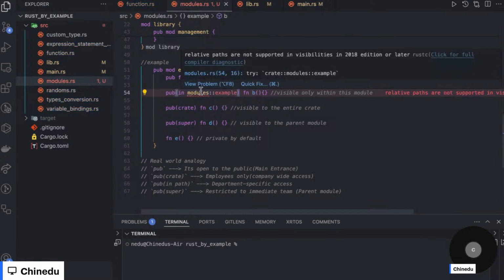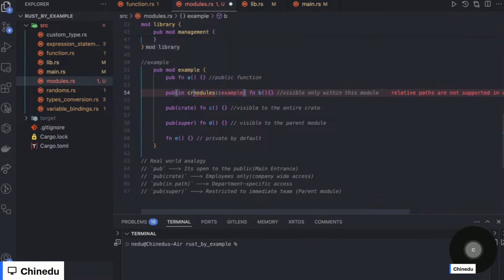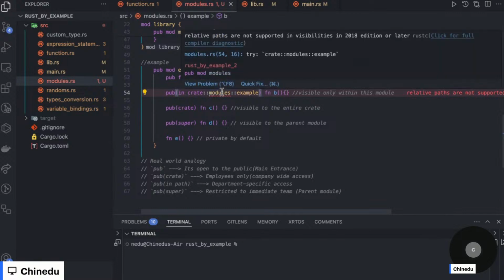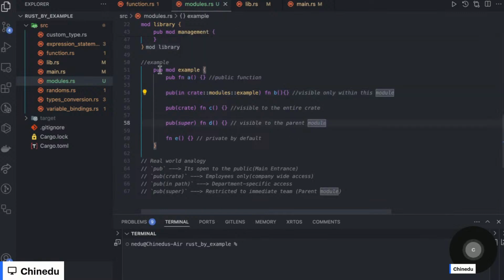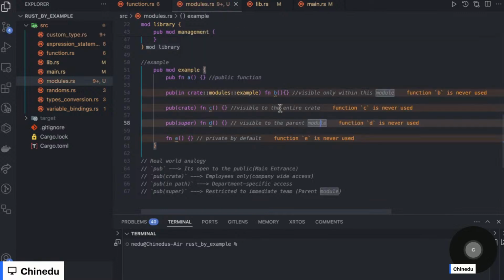Resolve import modules relative paths. I'll say create relative paths and also okay. So we have to do create modules and